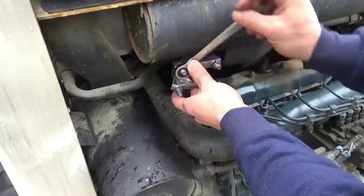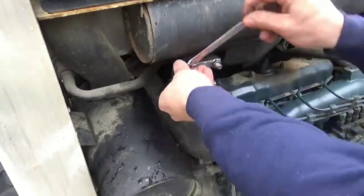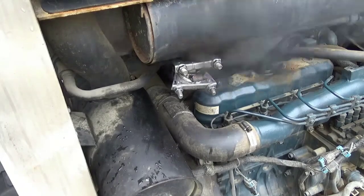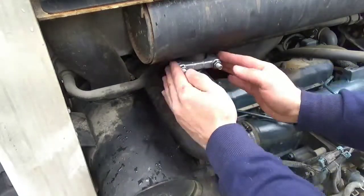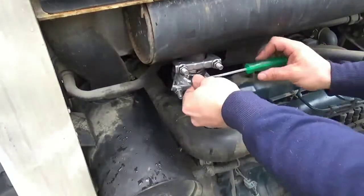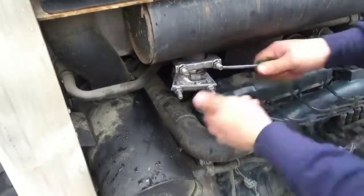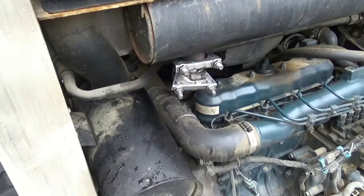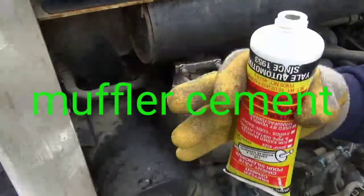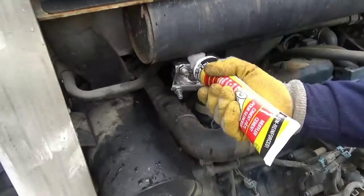Other than that, this machine's been running fantastic this year. It's celebrating 20 years of service. It has about 3,200 hours, I think, on it. No real complaints otherwise. It's been a great machine. I think I'm gonna actually hang on to all of them. I was considering selling one of them, but